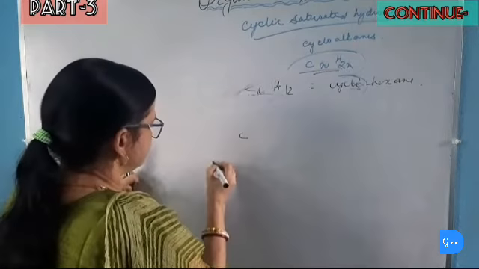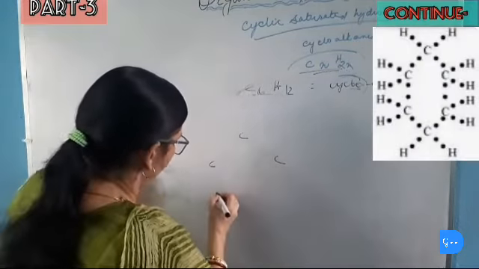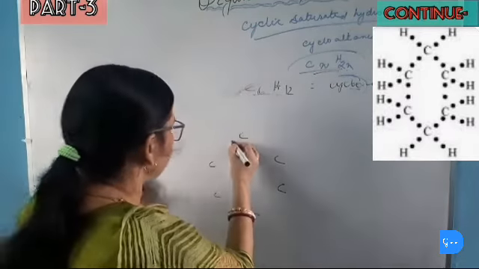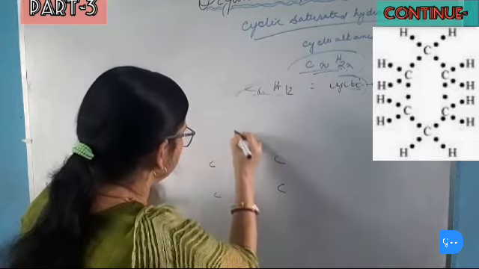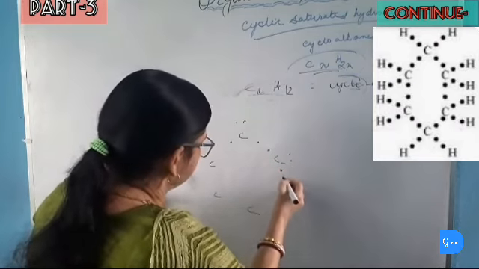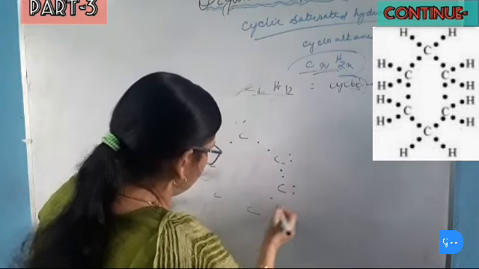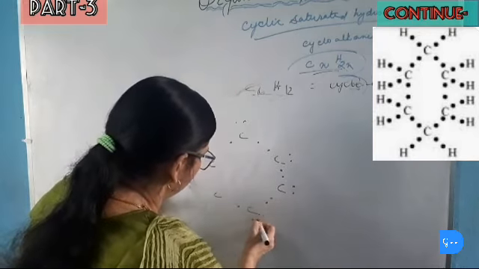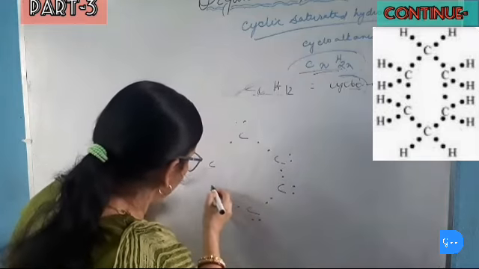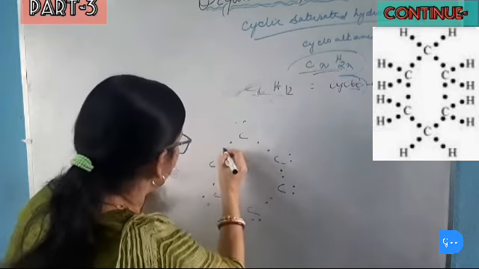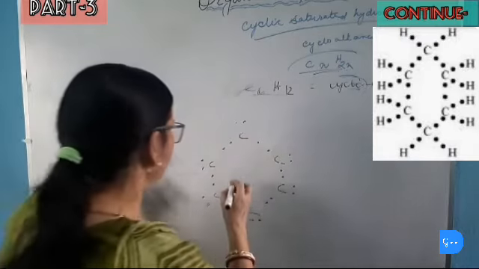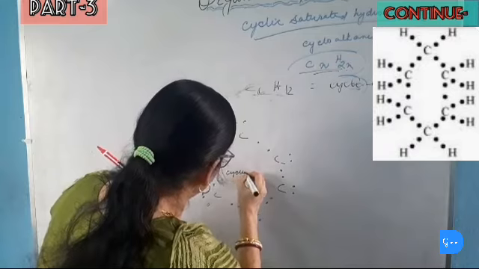This is the carbon atom, 3, 4, 5, 6. There are 6 carbon atoms. This carbon atom gives 1, this side also 1, and 2 are left. This carbon, 1, 1, 2 are left. Each remaining carbon also has 1, 1, 2 valence electrons left. This is the electron dot structure of cyclohexane.